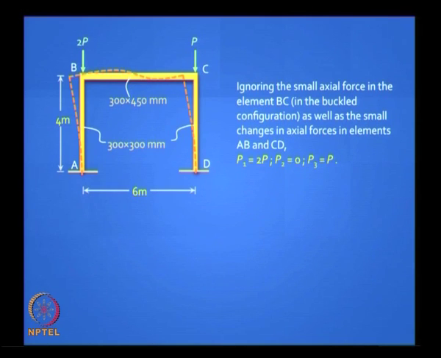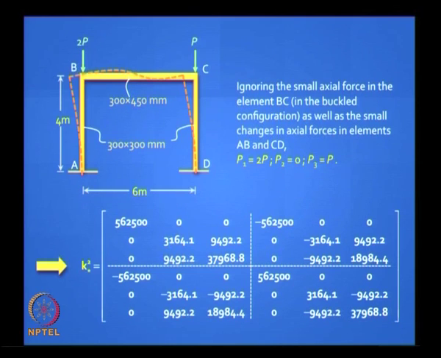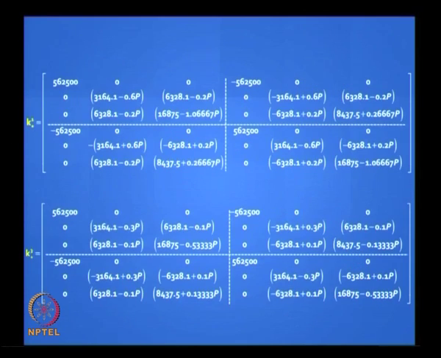Once you know this and you know the properties of elements 1, 2 and 3 which we have already derived, you can derive the 3 element stiffness matrices. For element 2 it is exactly what we had earlier, no change. For element 1 and 3 it is going to change and P comes into play, right. You have to just write down that Ki O star plus Ki G star. So when you add it all together it takes this form. Is it clear for elements 1 and 3?